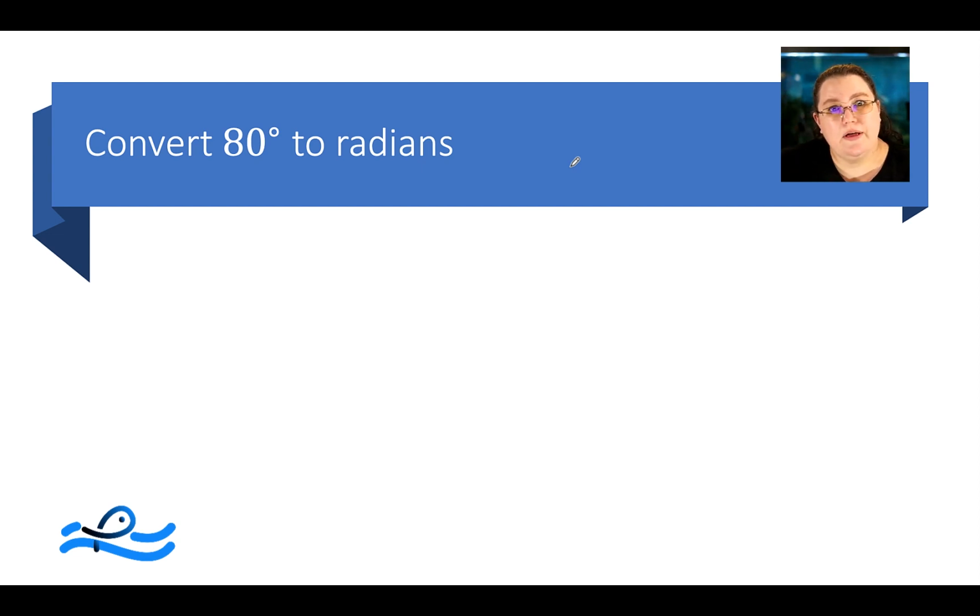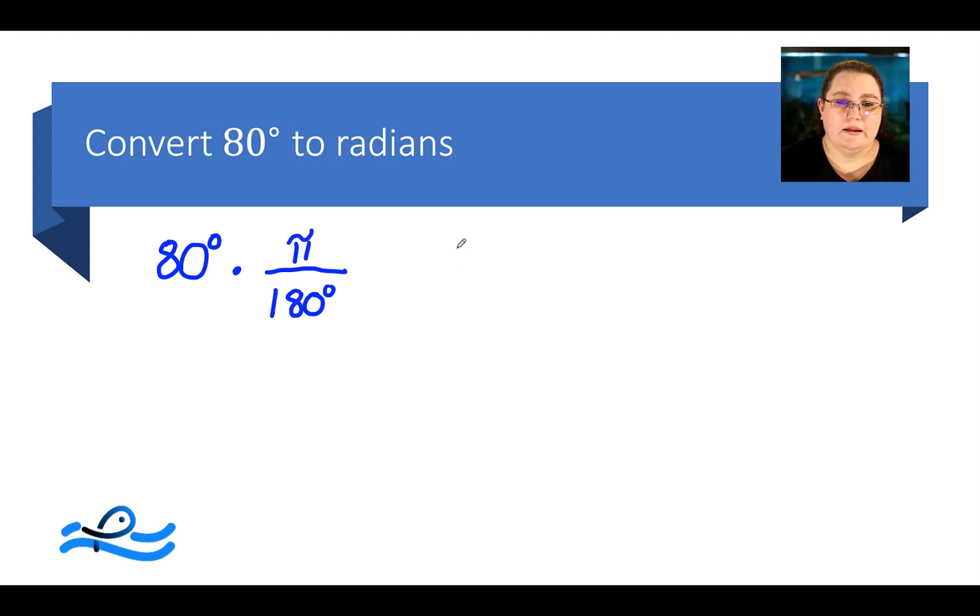Our first example involves taking 80 degrees and converting it to radians. So we're going to start with writing down our angle measurement. In this case, it's 80 degrees. I would like to multiply that by a fraction that allows the degree symbol to disappear, to cancel out. So in order to do that, I need to put my degree on the bottom. So I'm going to put 180 degrees on the bottom of my fraction, and on the top, the equivalent measure of pi. Once I've set that up, I can cancel out my degrees